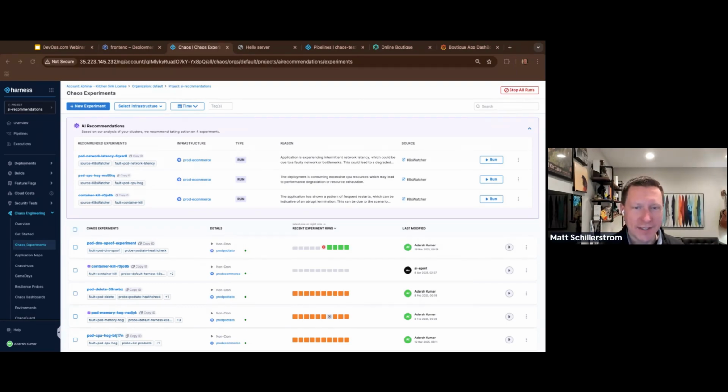And we've actually created this Kubernetes Watcher agent that's deployed with our chaos engineering infrastructure. And it's looking for system changes that are happening to the configuration of Kubernetes, right?